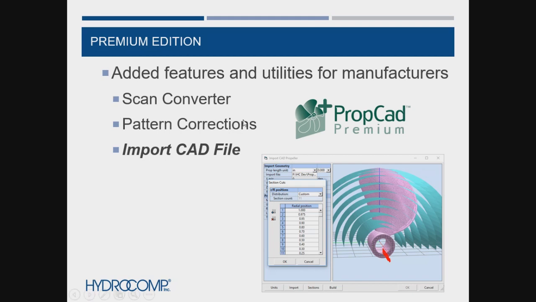The other big piece of PropCAD Premium is our pattern corrections utility. So for manufacturers who must take a design and actually account for the surface material that needs to be milled away or ground away, and also the shrinkage of the material that they're casting in. This allows them to actually take a design,